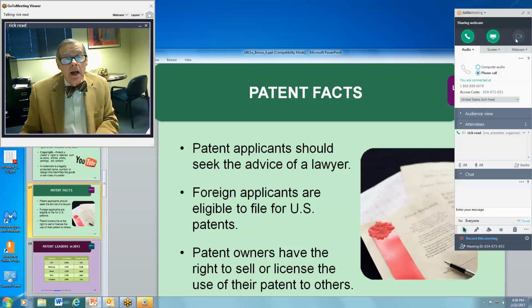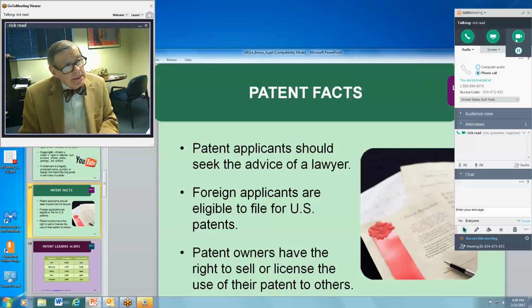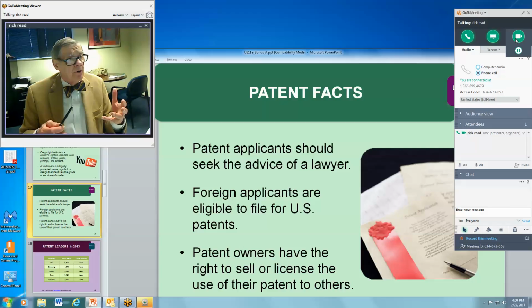I'm not going to go through this whole slide with you, but what I will tell you is this. If you have an idea and you think that the idea has merit to earn a patent from the U.S. Patent Office, by all means contact a lawyer who is versed in patent law. It takes a special type of person to do that. Yes, you could go talk to your family lawyer or someone that you're familiar with who does general legal work, but you would ask him or her to recommend a patent lawyer. If that doesn't work, you can go to the local bar association and they can help you out.